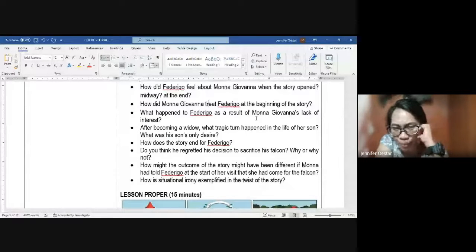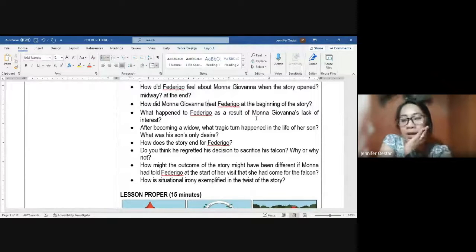Okay, on the first part, hindi pa sinabi ni Mona Giovanna ang kanyang pakay why she visited Federico in his house. And then Federico felt very anxious. He wanted to offer something for the visitor, so Mona Giovanna. So what did he do? Kinatay niya yung falcon just to offer to the visitor. And the twist of the story, after they have eaten the meal,